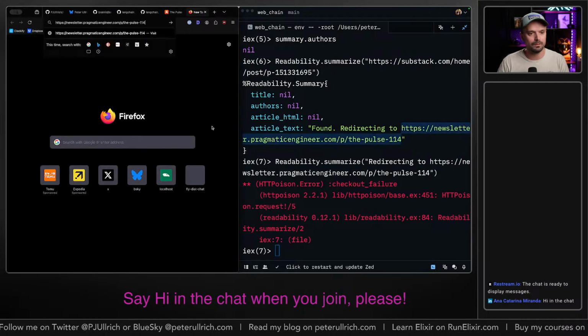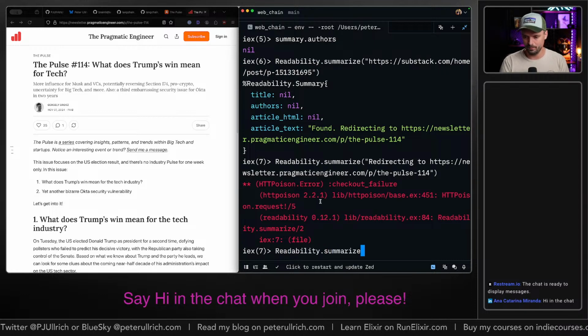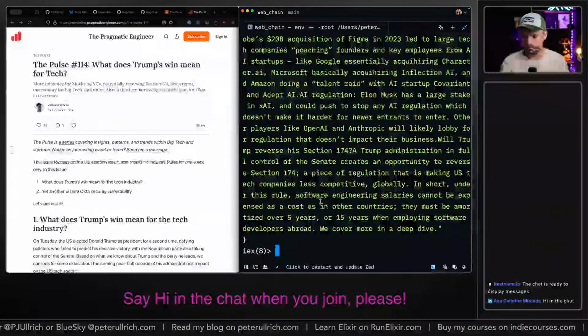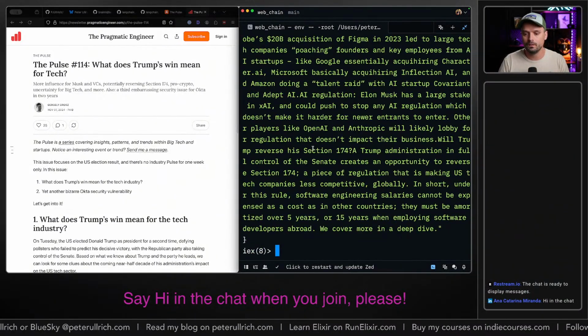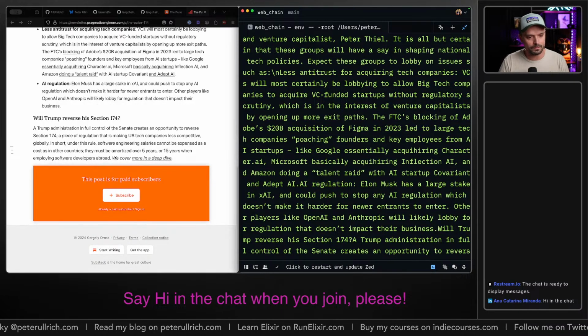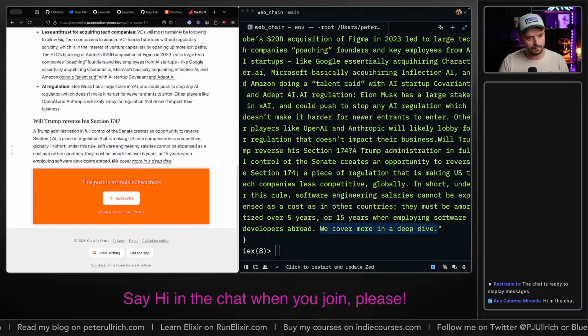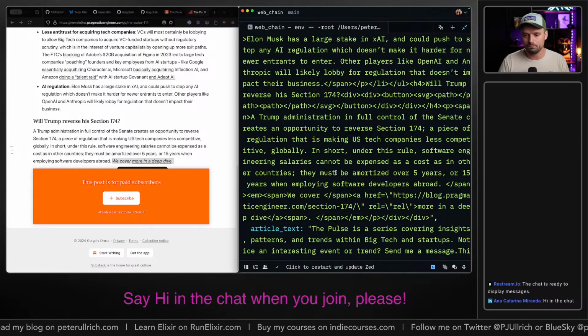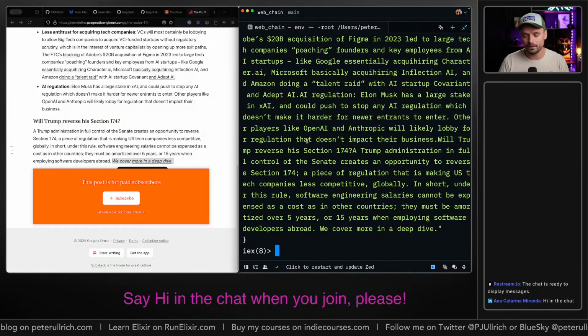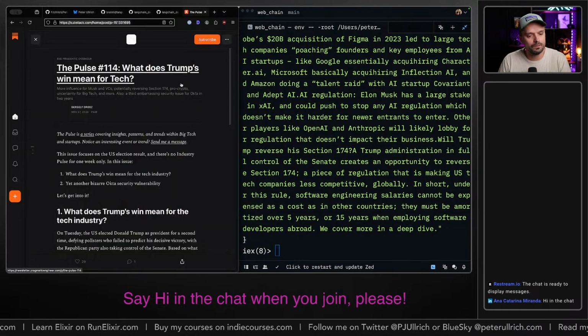But this is the pulse, so this is the direct link. Okay. But if you do this, oh, it worked. Okay. But no, it doesn't quite work, right? Ah, okay, because it's also behind a paid thing. So let's see. Well, it actually extracted the text pretty well, all the way until the end here. That's pretty cool. Yeah, I really like this library. This is a really cool library. Scraping in general is not easy at all, but they happen to make it work.